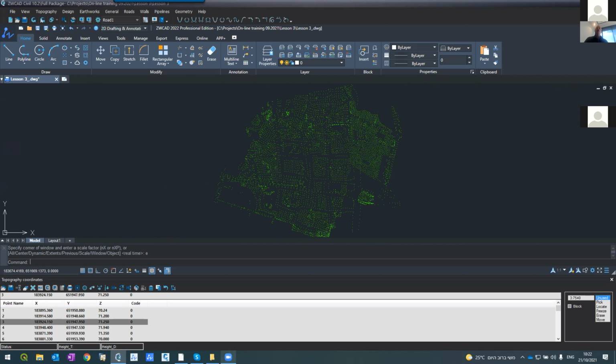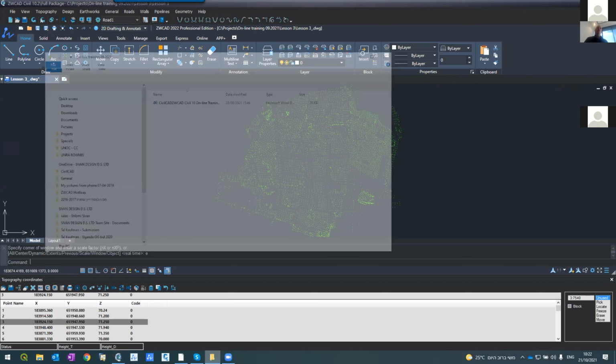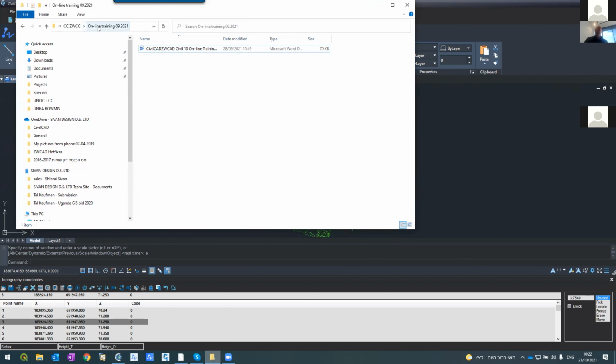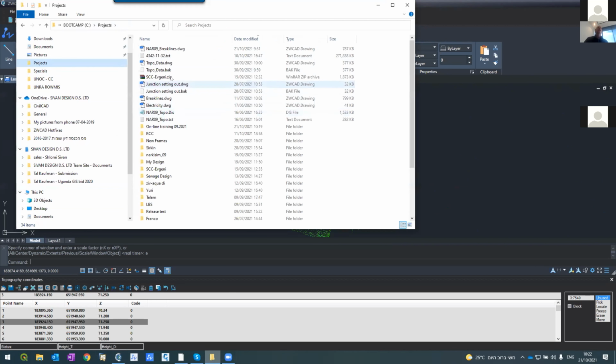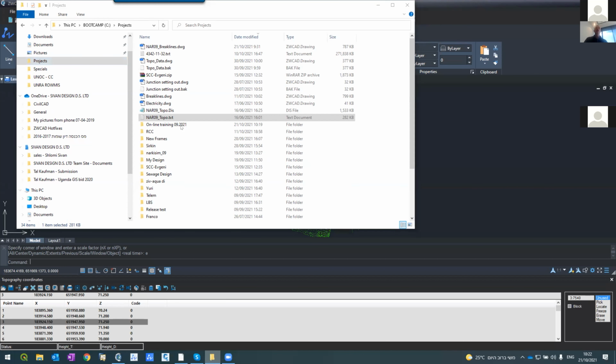What I'm doing now, I will share with you on the chat this file. So everybody, go to your chat. Go to your chat. Sorry, 1 second. Let me do it. Projects. Here it is. NAR09 topo.txt. It's here. Okay. So again, go to your chat and download the file that I just loaded into it. And just to remind, overview, just open